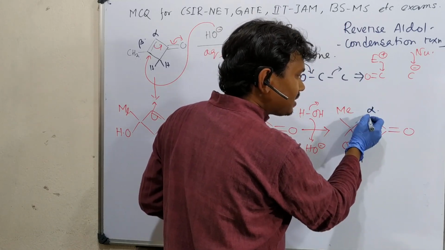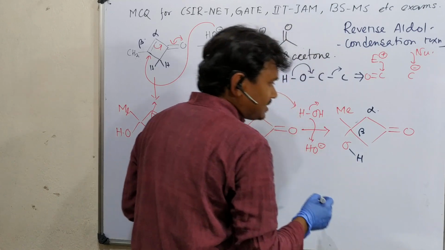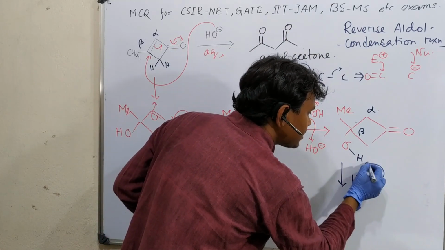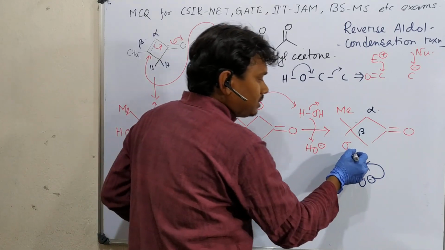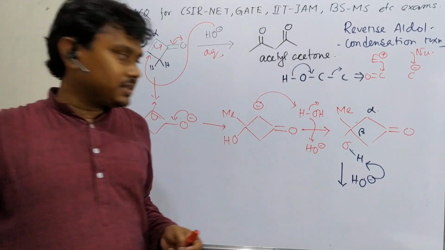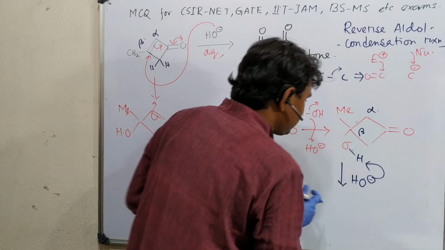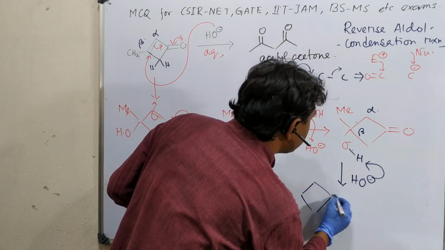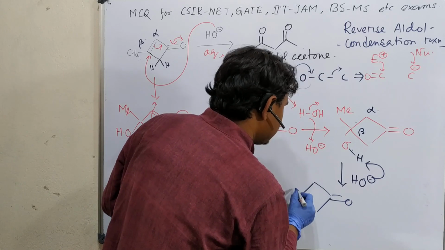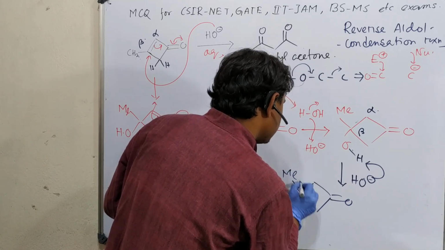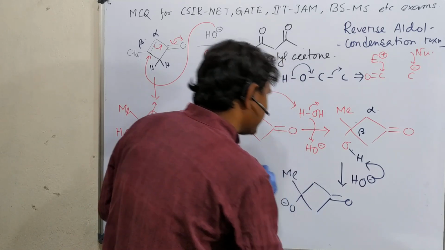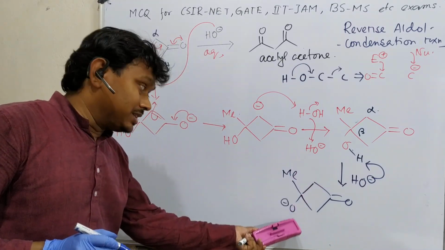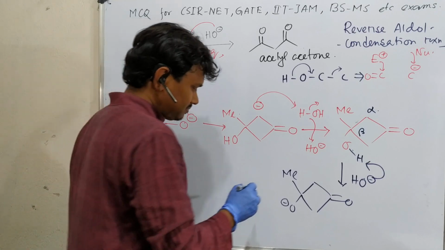Okay. Fine. Now see, if you do that disconnection approach, this bond will open up, retro-aldol condensation, so negative charge will come here. Okay, so in presence of base, what happens? This base will abstract this proton, then this O minus will be generated. Let me draw, it will be helpful. So this is O minus, this is methyl, and you may consider that just the addition product of enolate to carbonyl, alkoxide is generated.